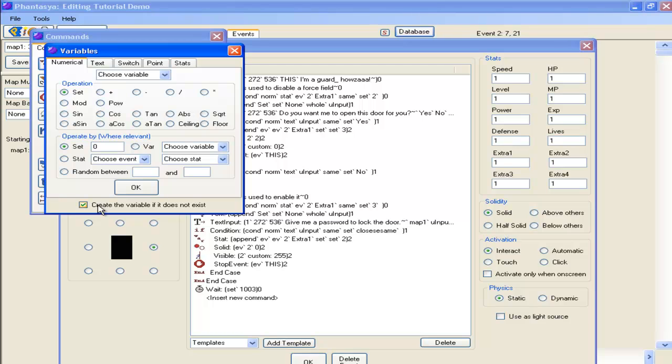We don't want the program to reject the code or anything. We just want to create it and use it from this point onward. So we'll check this box and give it a number. We'll give it